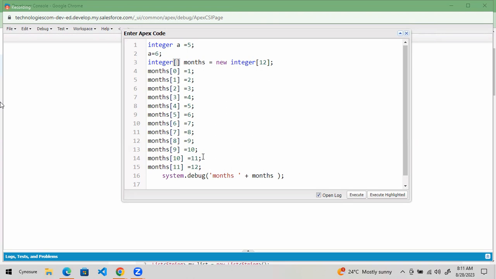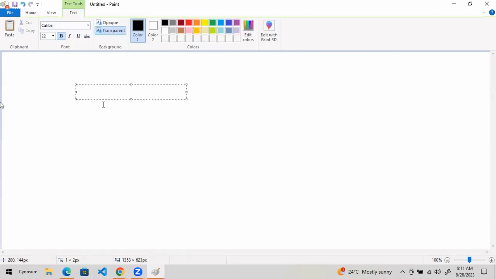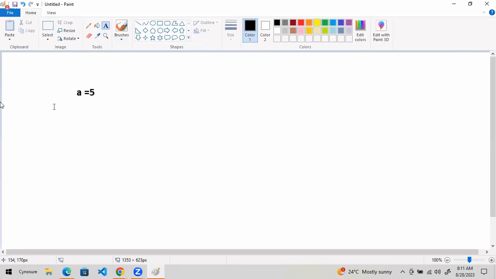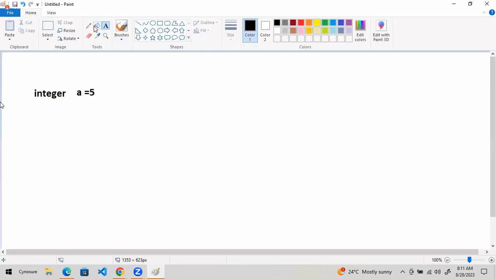One second. I'll draw in Paint and I will see. Okay. Initially, we have a equal to 5, which you have given. Now, what is happening? You have given here a equal to 5. Then what is happening behind the scenes